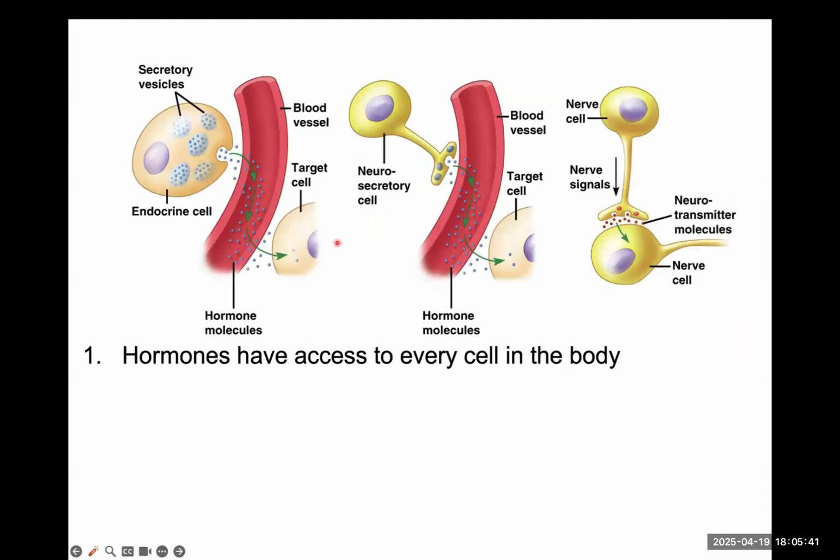So here's an example of your gland. Whatever gland you're talking about is going to secrete a hormone, and then the hormone goes through every cell in your body. It's going to go to your bloodstream and distribute throughout the entire body. However, not every cell has a receptor for it. If it goes to the target cell, the target cell has receptors for it. And if it goes to a non-target cell, there's no receptor there, then nothing's going to happen. So we have to have all of these things in place.